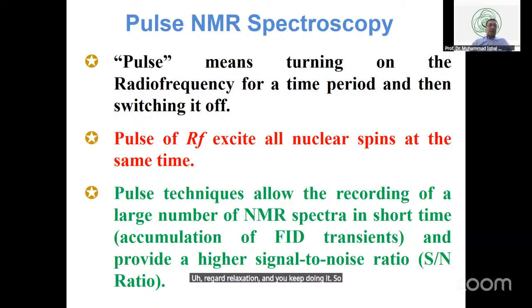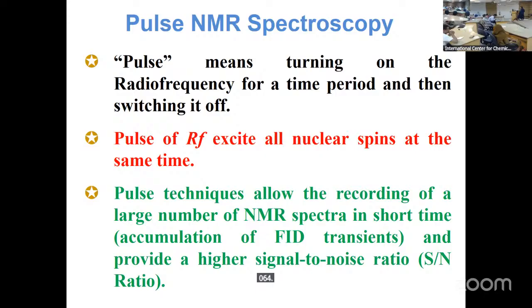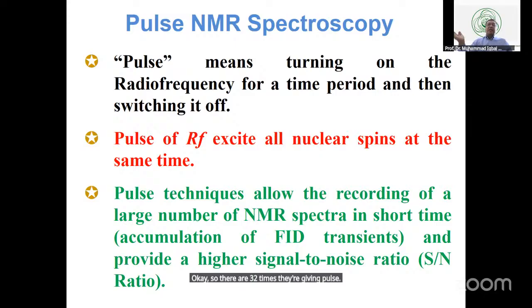So even today, the NMR which you get is about 32 scans, Humera, or 64? Yes, sir, 32 scans. Okay, so there are 32 times they are giving a pulse and recording the relaxation. Okay, that is just so phenomenal, it was absolutely phenomenal. The people at that time didn't really understand what to do with that relaxation spectrum because that was a bottleneck. So, later Richard Ernst